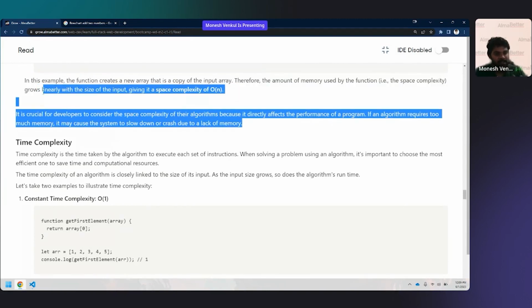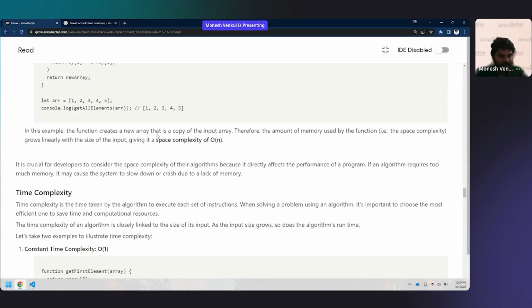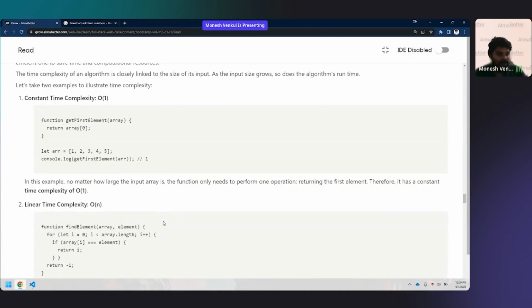Have you all understood what space complexity is or not? Did you get space complexity? Not like calculating and all, but like, oh, this is space complexity. Have you got it? Yes, right. So next is time complexity. Time complexity, here we discuss